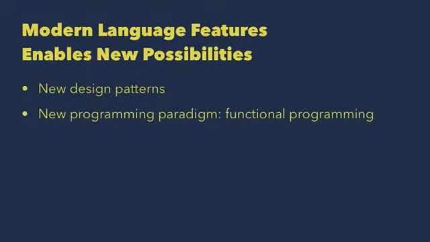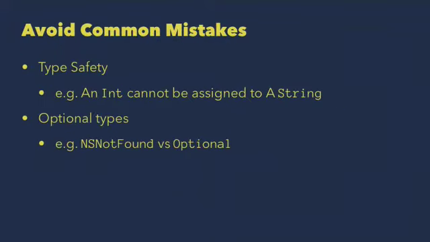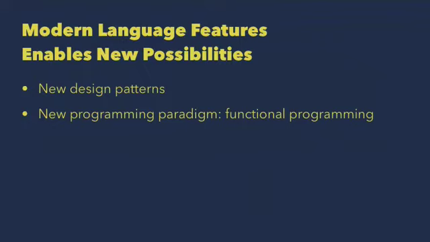And another thing is a new programming paradigm, for example, functional programming. With closures and generics, it will be much easier to do functional programming in Swift than in Objective-C. What is functional programming? Functional programming is, compared to, for example, object-oriented programming,